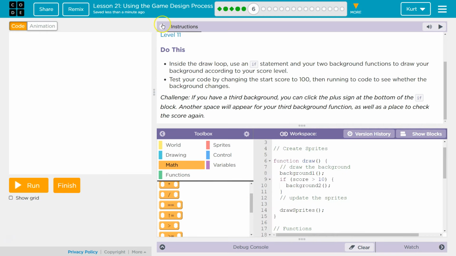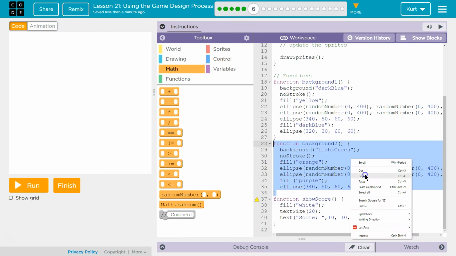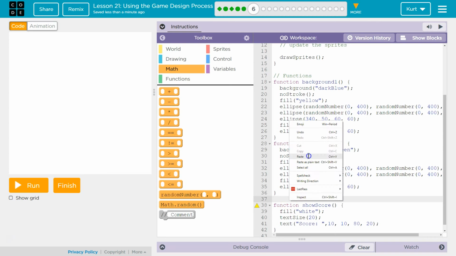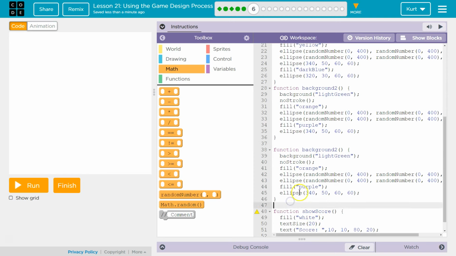I hit show text because I'm going to use copy paste to create another background. Selecting my background 2, I'm going to right click, copy, or I could use Control-C, Control-V, and then I right-click, paste. On a Mac, it's Command-C, Command-V. I'm going to call this background 3. I'm going to make this purple, and then fill, it was orange, fill,